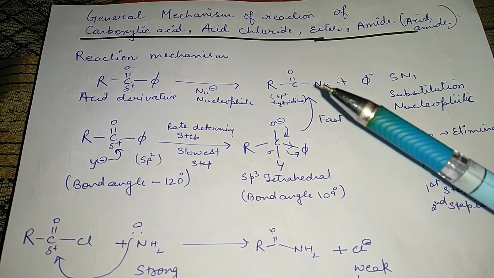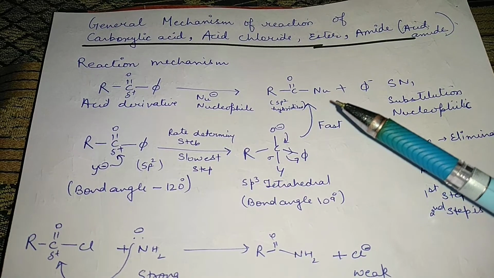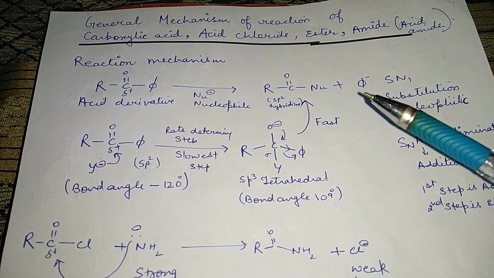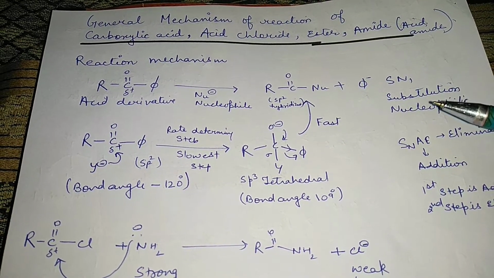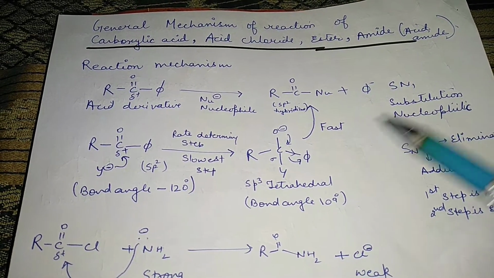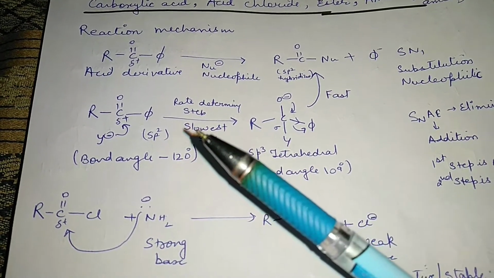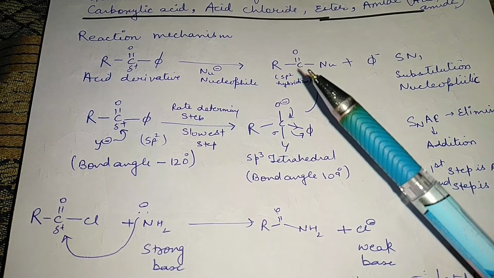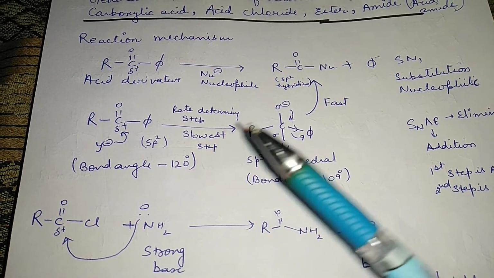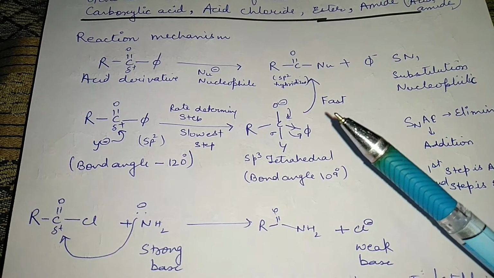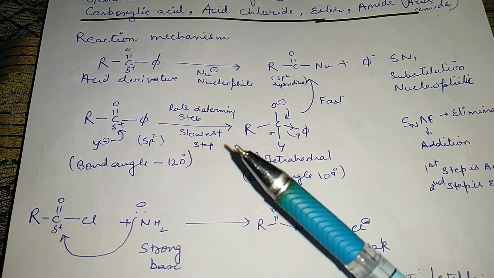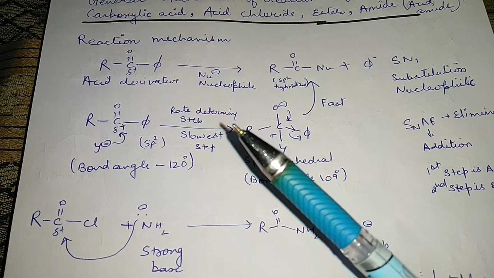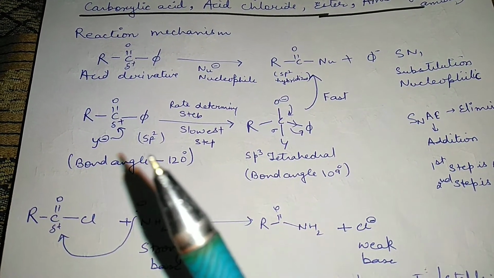Alright. So there will be formation of a new compound. This is the new compound. Here the nucleophile gets attached and the phi group gets substituted. This is known as a nucleophilic substitution reaction. Now talking about the basic mechanism, this reaction takes place in two steps. The first step will be the slowest and the second step will be fast. And as we all know from the chapter of chemical kinetics, the slowest step is always the rate determining step. Alright. Now let's talk about how it happens.